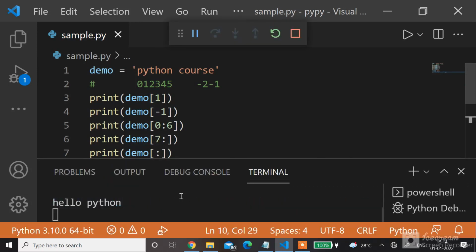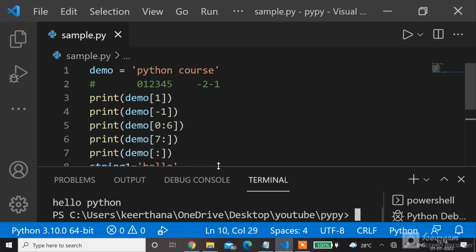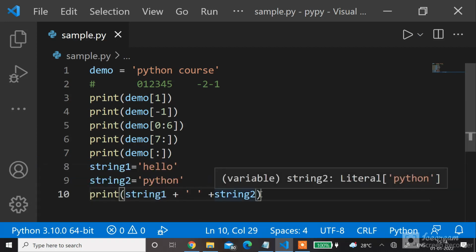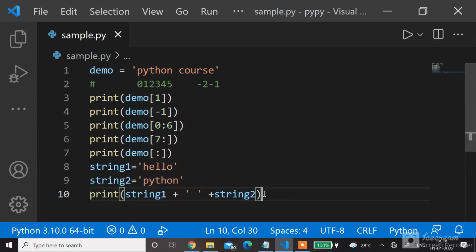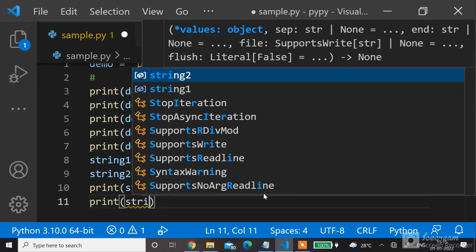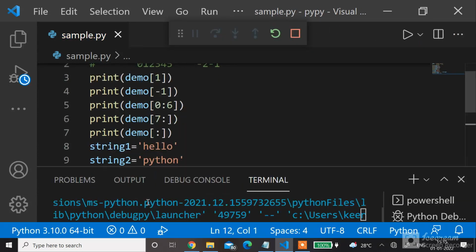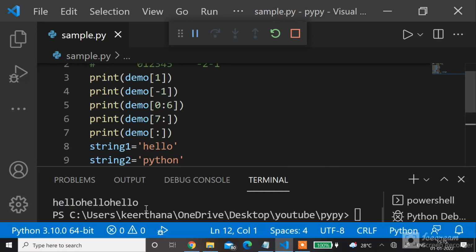It prints hello space Python. And if you want to print your string multiple times, then you can use the star operator. You can print like this. Print of string 1 star 3. It prints the hello string 3 times.